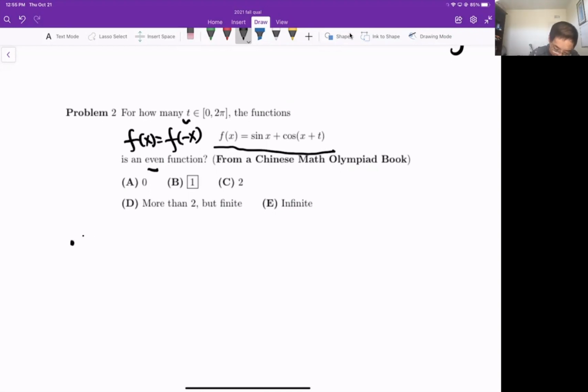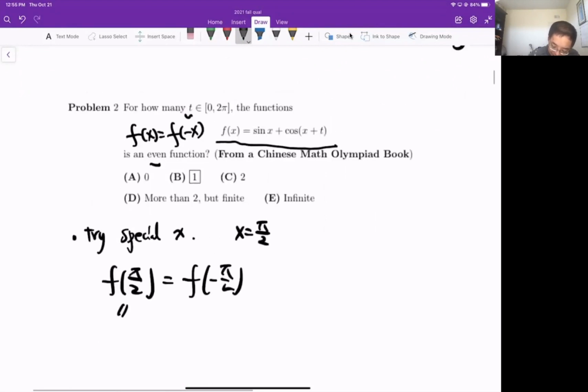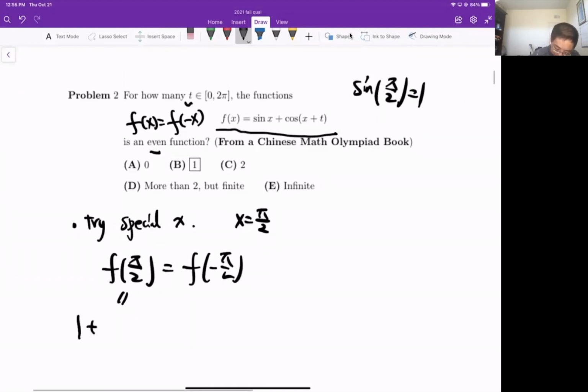So if we want to try special x, what are those special x to try? Usually we use those angles where sine or cosine attains its maximum or minimum. Here, we can try x equals π/2. So we have f(π/2) equals f(-π/2). So what is f(π/2)? Let's recall sin(π/2) is 1. So this is just 1 plus cos(π/2 + t), and this equals